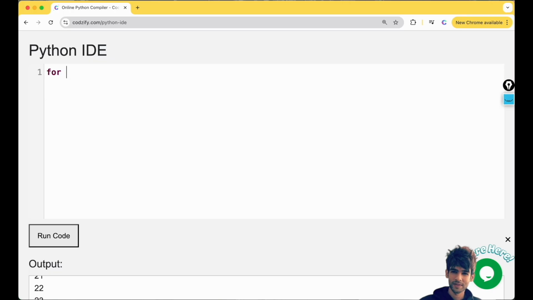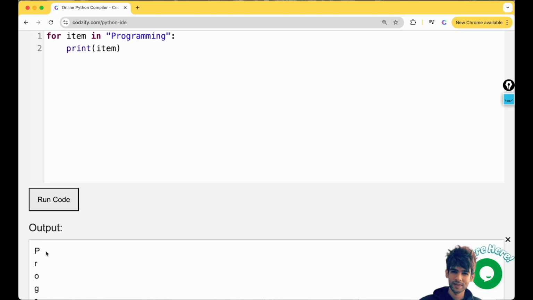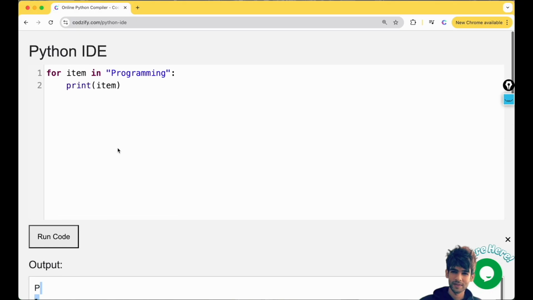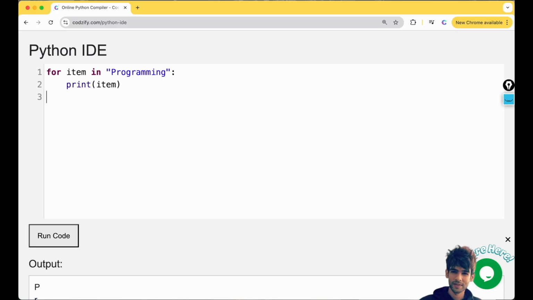For loop is almost the same. For example, we have to print each character in this string. We can use the for loop here like this. So you can see here the characters in this string are getting printed, P R O. Once the loop is done we have to print